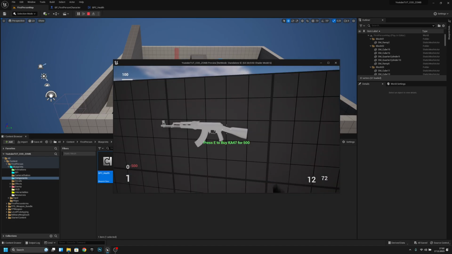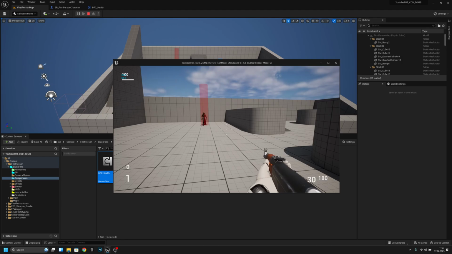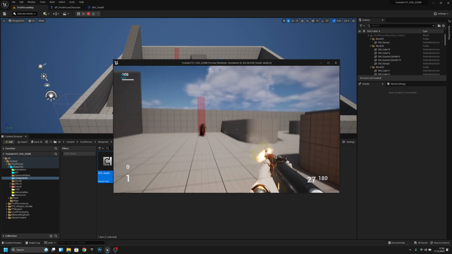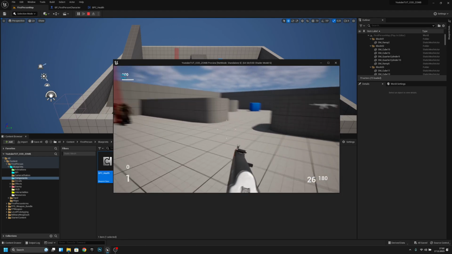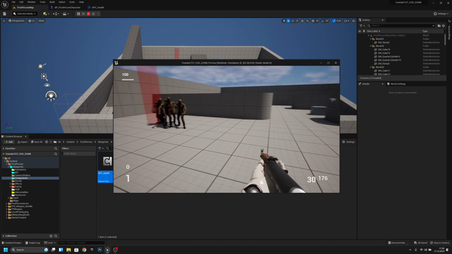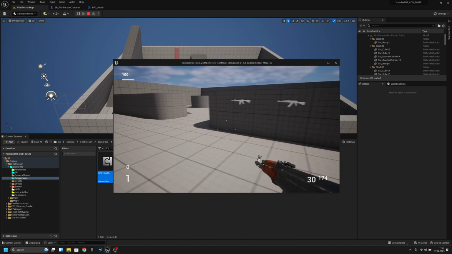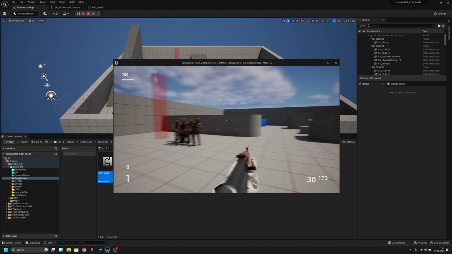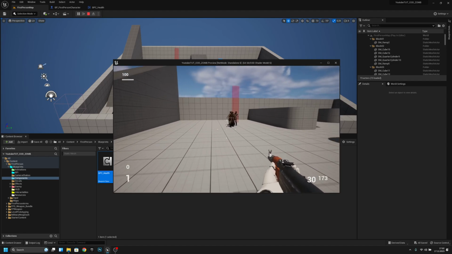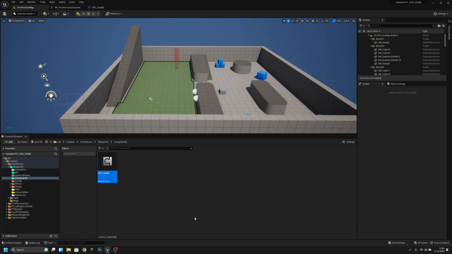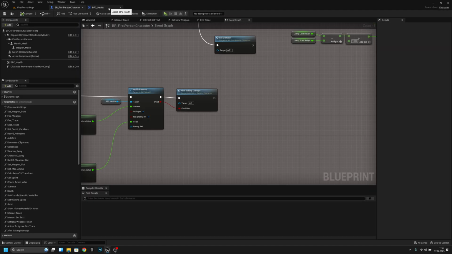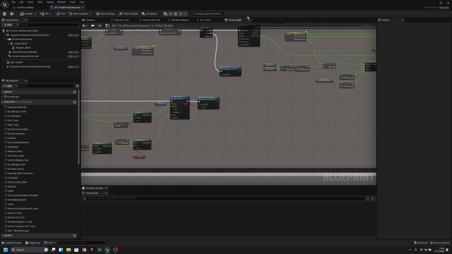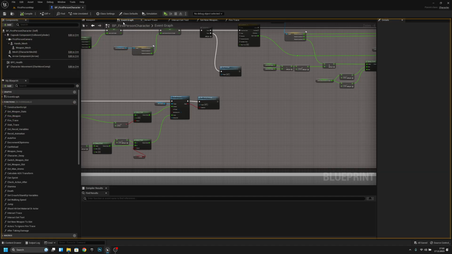one more thing that I wanted to fix, or at least make better. Now, when we reload and move to the left or right, the gun rotates. It does like that. And I actually like that it rotates, but it does it too much, so let's fix that. And now we want to go back to the first person character. We can close this BP health. And now, here where we want to go is actually